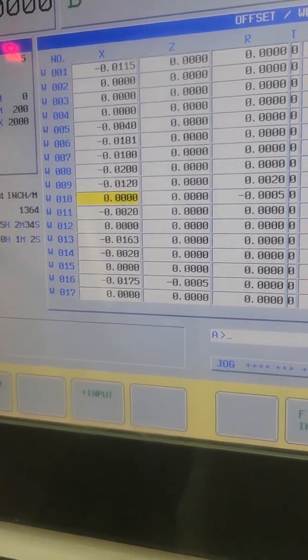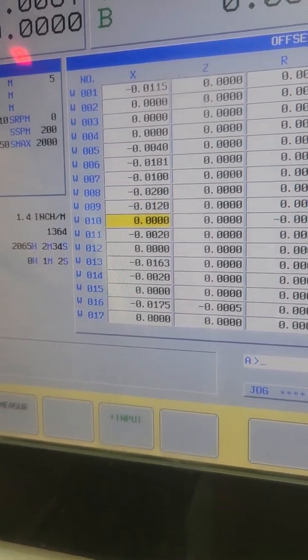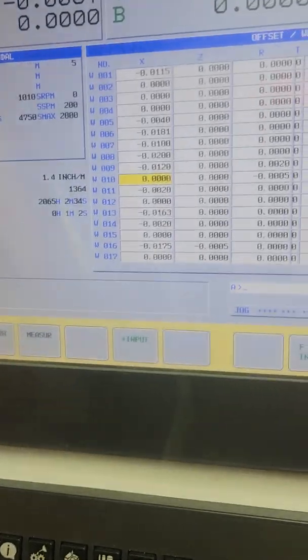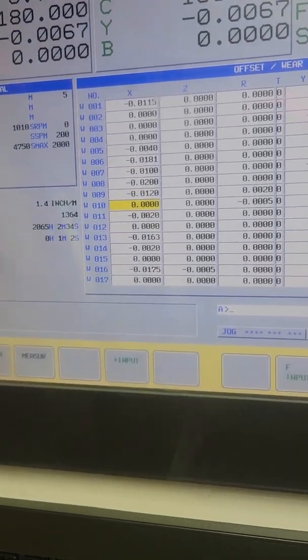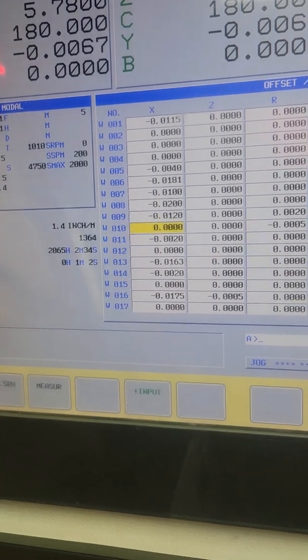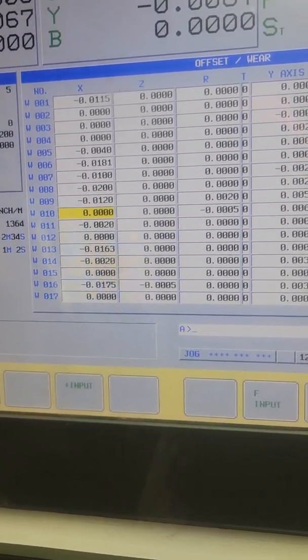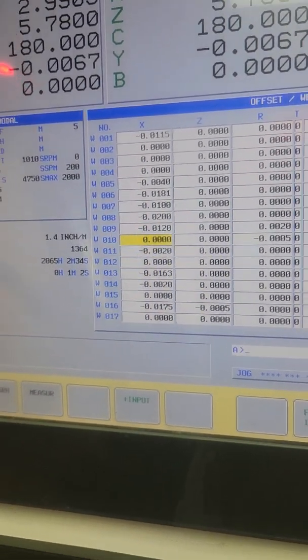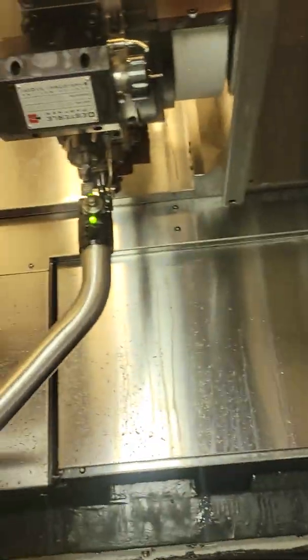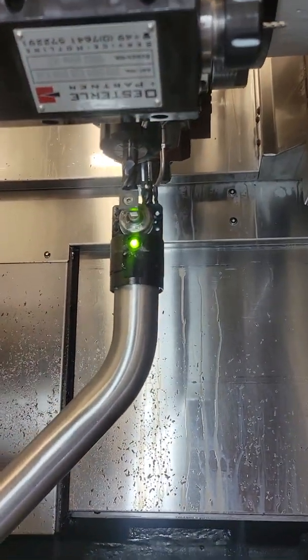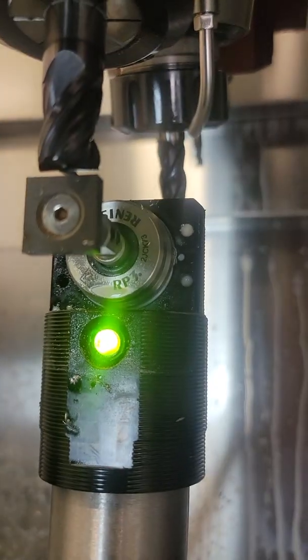So I've had to offset the tool right out of the gate, right? So I didn't have to do that originally. It was within, say, a thou or so, but now I'm consistently having to put somewhere in the range of 12 to 14 thou. So what I've decided to do is go ahead and tweak the position or the parameters that control this, so that when you touch the tool off,